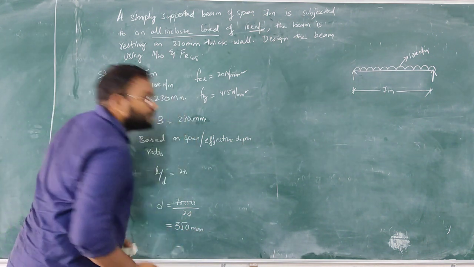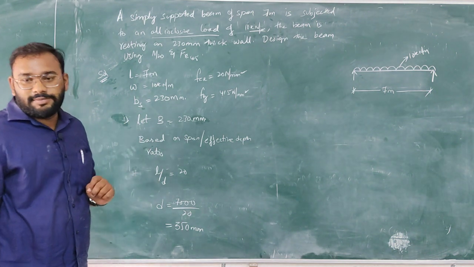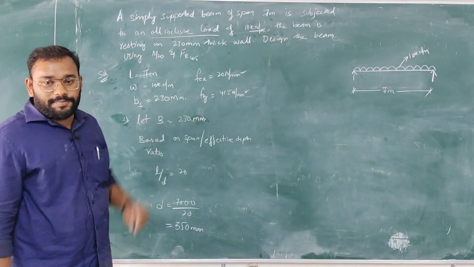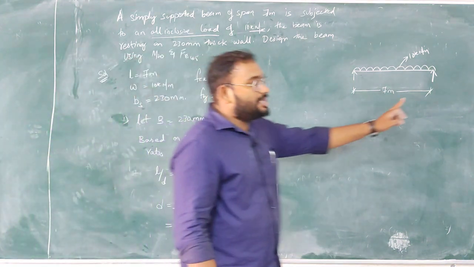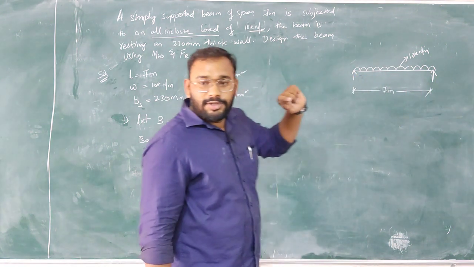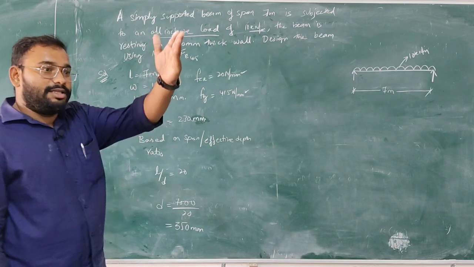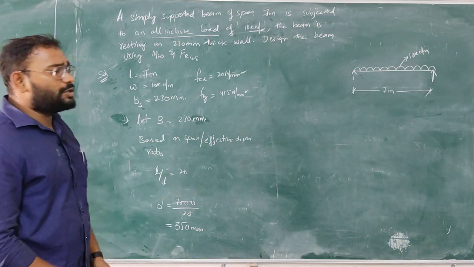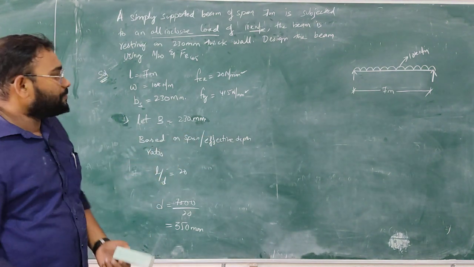If you see the previous case, it was a cantilever beam of only 4 meter span. How much depth was required? 571. Now it is a 7 meter span, carrying more load, yet requiring less depth. Why? Because it has one additional support here. It is not a free end, you have an additional support. So generally, beams such as simply supported or fixed beams require less depth compared to the cantilever. Cantilever beams require more depth, and are also not capable of carrying much load. Why? Because they have one free end.